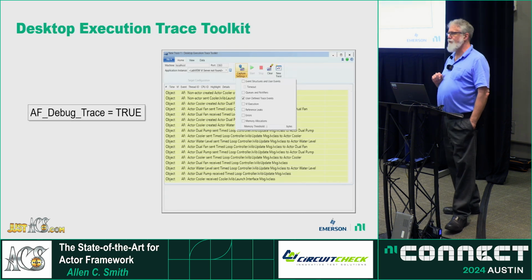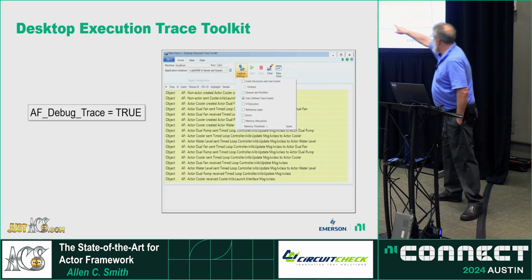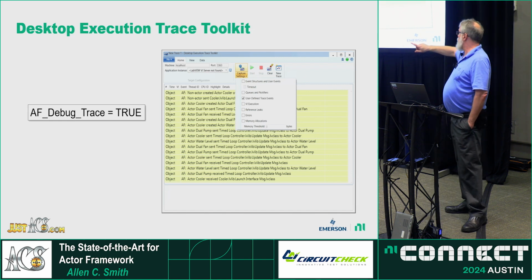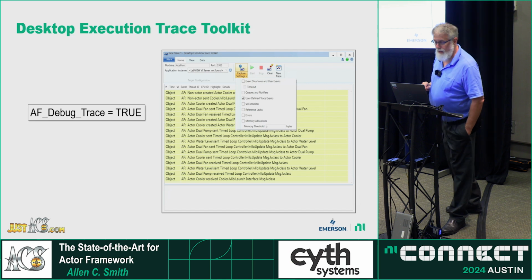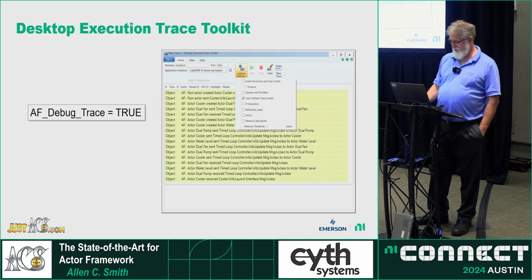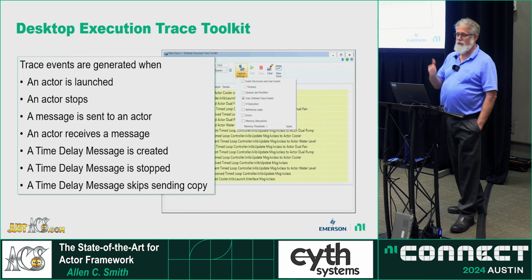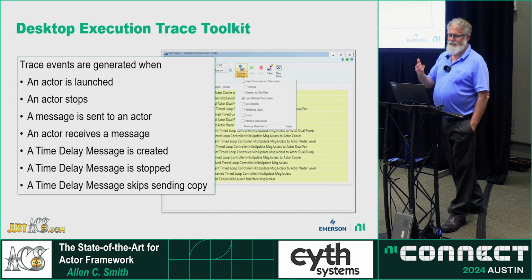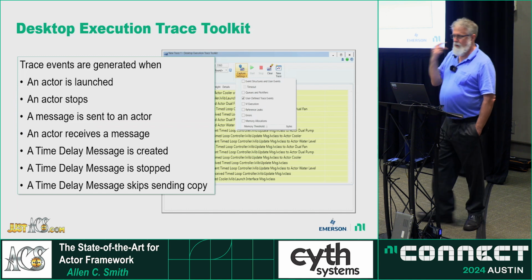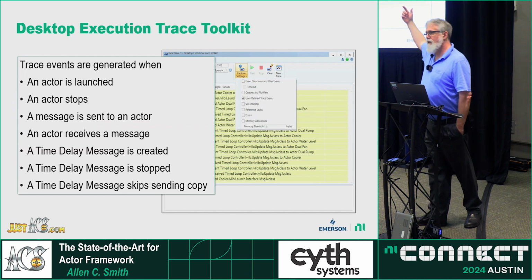Desktop Execution Trace Toolkit. Who's used it in some capacity? A fair number of hands. Well, if you go add that conditional disable flag to your Actor Framework project, and then bring up DETT and look at your user-defined event traces, when you start your Actor project, you will get trace events for all of these instances. When an actor is launched, when it stops, when an entity sends a message to an actor. Doesn't have to be an actor sending the message, could be something else. When an actor receives a message, when the time delay message does various things, you get this